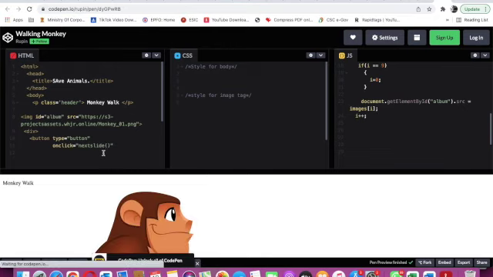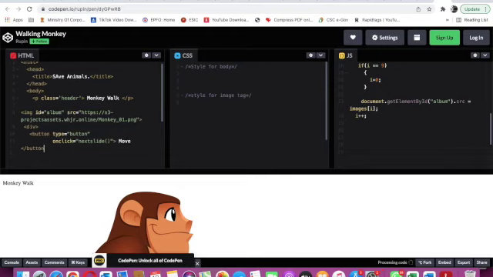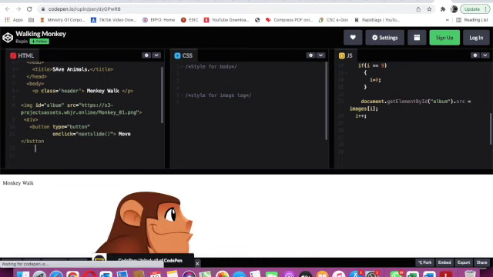We give these round brackets for the functions. See, here in JavaScript there is an error that we will see afterwards. Now here I will give a close tag. I will give a space, and here I will type move. That I have already told you, move will come as text. Now I will close my button. I will give enter. I will close my div.